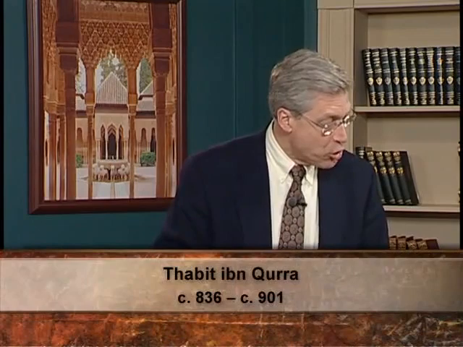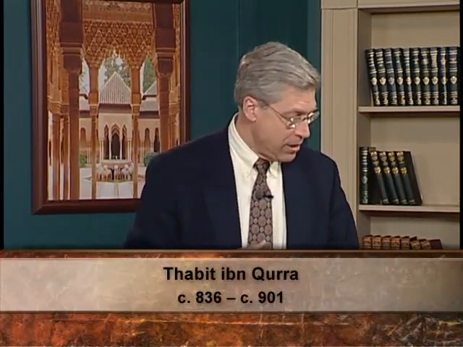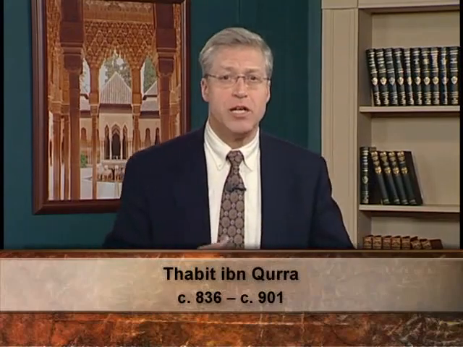The next mathematician that I want to talk about is Thabit ibn Qurra. He also lived in Baghdad from about 836 AD to 901. He did important work in astronomy, geometry, mechanics, and he also worked in number theory. One of the interesting things that he did that I'd like to say a little bit about is his work on amicable numbers. Now, this is actually a problem that comes down to us from the Greek mathematicians. And what the Greek mathematicians would do is to take a number, look at its proper divisors, so the positive integers less than that number that divide evenly into it, and add those up and see what number you get, and